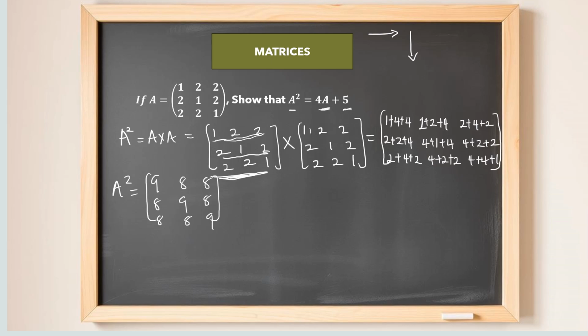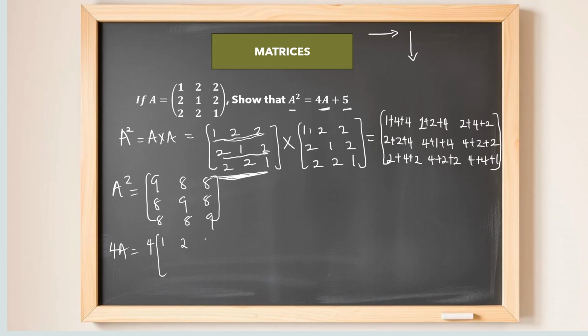4A plus 5I should give us the same thing. This is our objective. Now, to do this, we have our 4A. This is scalar matrix multiplication. To get our 4A, it is going to be 4 multiplying the matrix A, which is